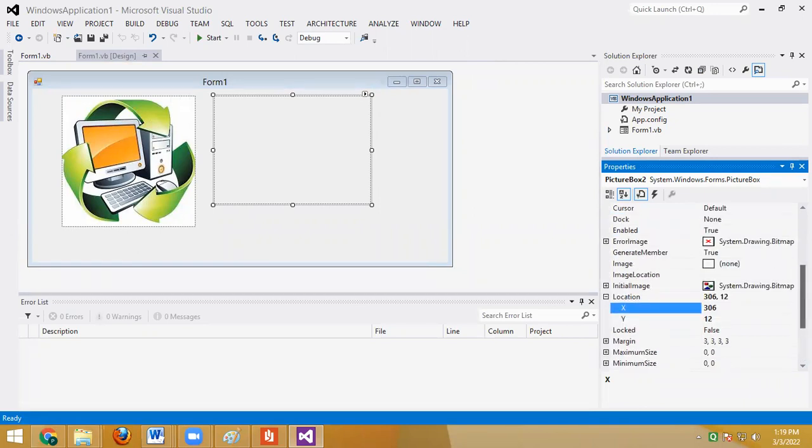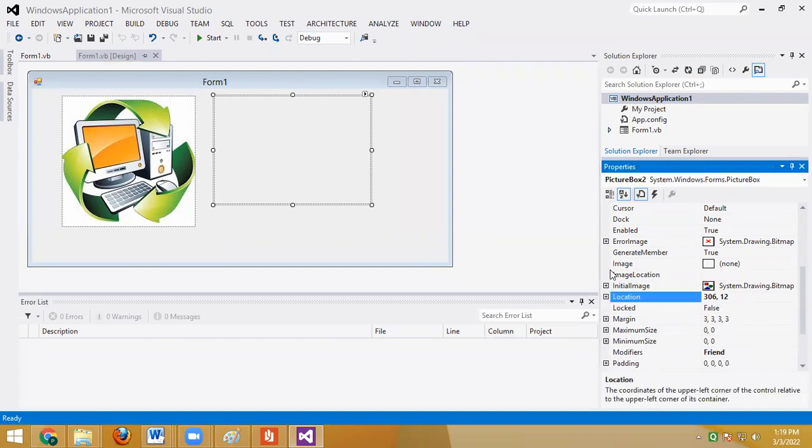Here we can also specify the size and locations of the images.